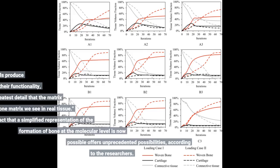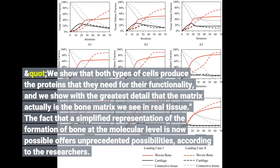"We show that both types of cells produce the proteins that they need for their functionality, and we show with the greatest detail that the matrix actually is the bone matrix we see in real tissue. The fact that a simplified representation of the formation of bone at the molecular level is now possible"